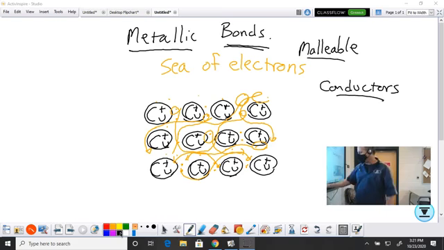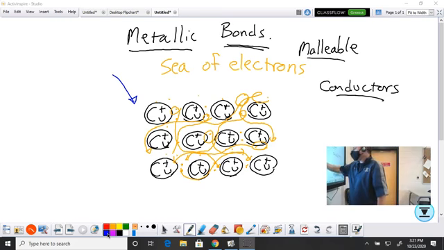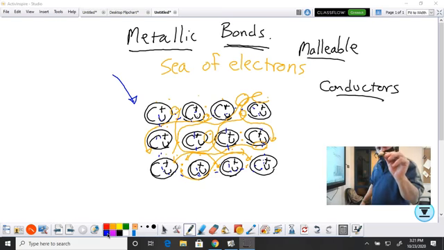Here's why. If you apply a force on one end of a piece of copper, that force applied to the end of it will be shared equally among this network of copper atoms. So it's like it's dispersing the force that you're applying to one end, and all of the atoms are sharing the load, thus making it very difficult to snap in half. So all of these electrons are sharing the load, okay, and they're absorbing the force that you're using while still staying connected to one another.